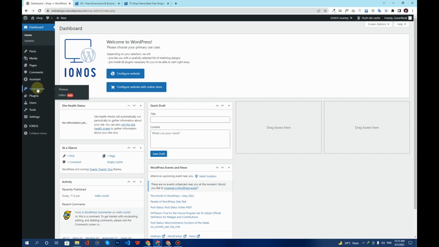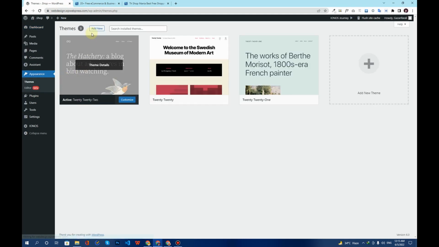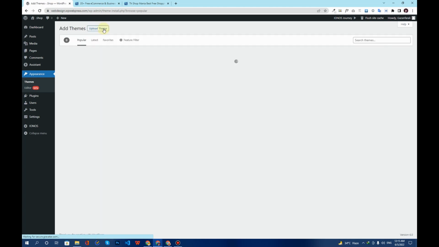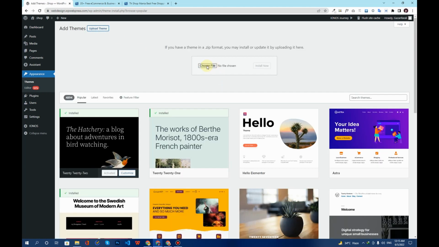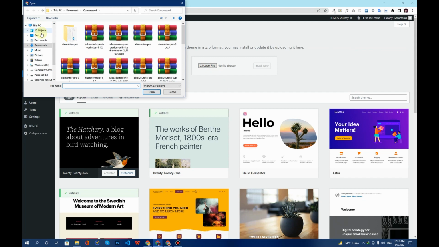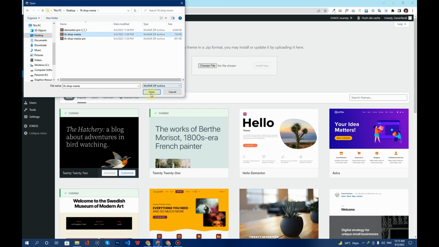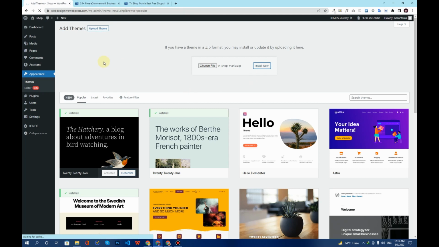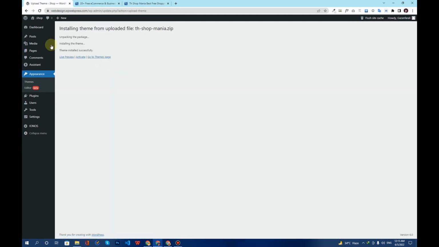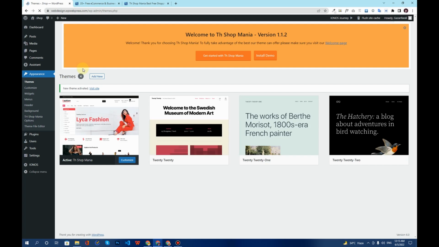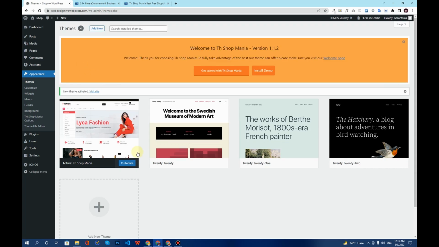So the first thing that we have to do is to click on this Appearance, and then we'll click on this Add New button, and then we'll click on Upload Theme. Then I'll click on Choose File. I have already downloaded the theme, so I will select the theme and install it on the WordPress website. So now you can see the theme is installed. The next thing we have to do is to click on the Activate button. So I'll click on the Activate button, and now you can see that we have the TH Shop Mania theme activated